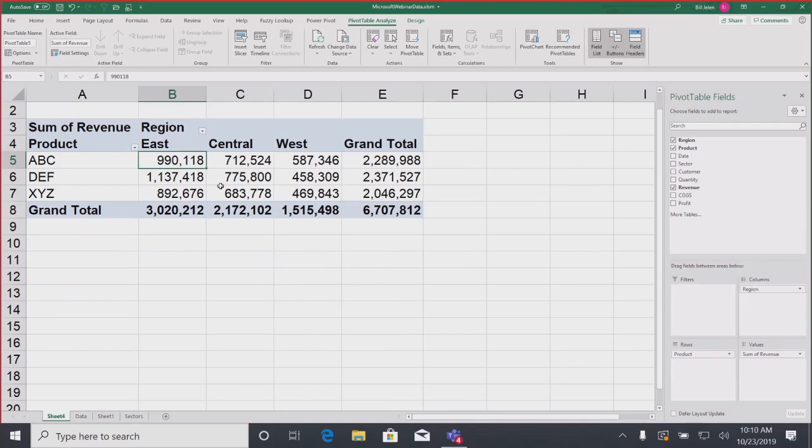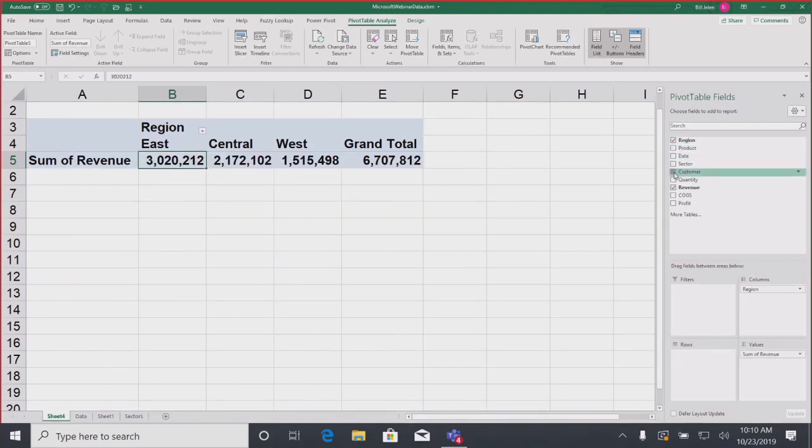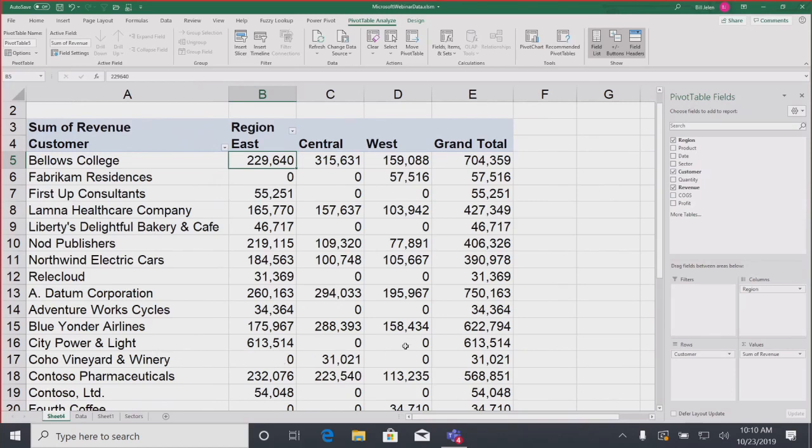There's our first pivot table. No advanced filters, no DSUM formulas, no what-if analysis data table 2. It's all just a matter of dragging and dropping fields around the report. An amazing, amazing way to go. All right, I'm going to take the product field out here. I'll uncheck this and replace it with the customer field. So you can see we have customers down the left-hand side.